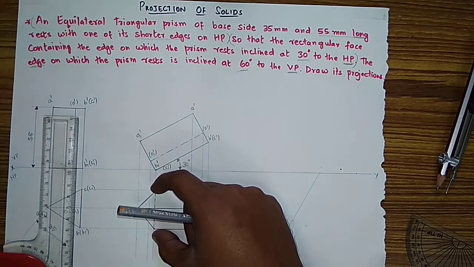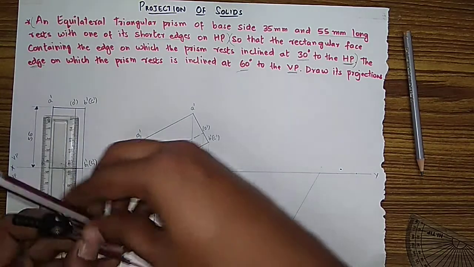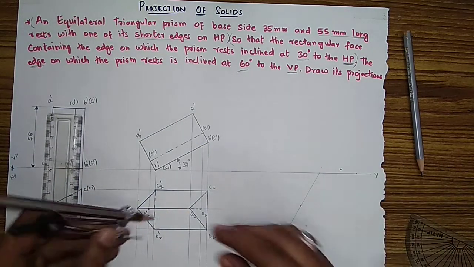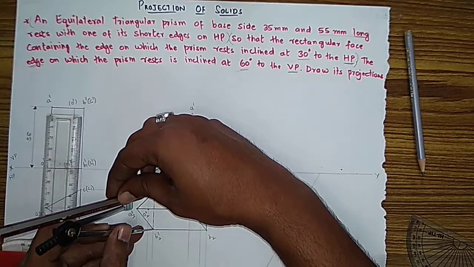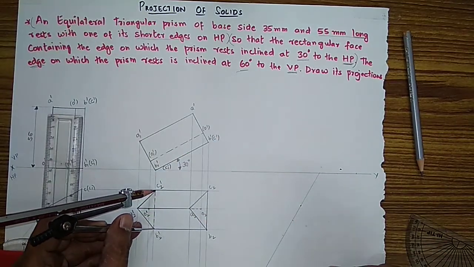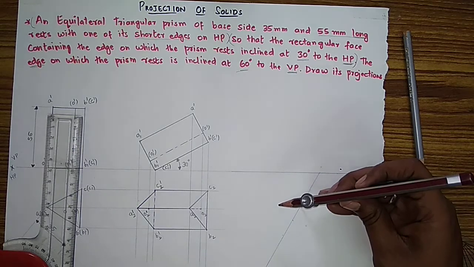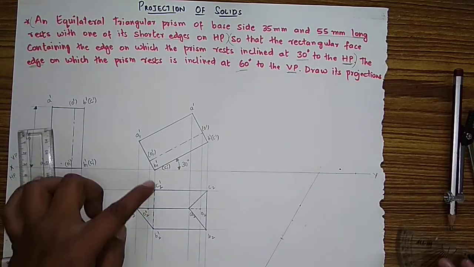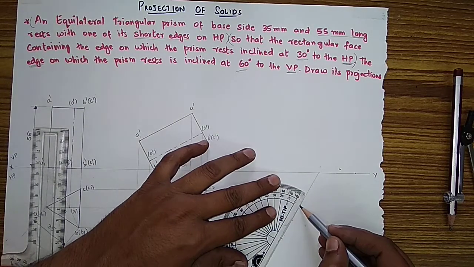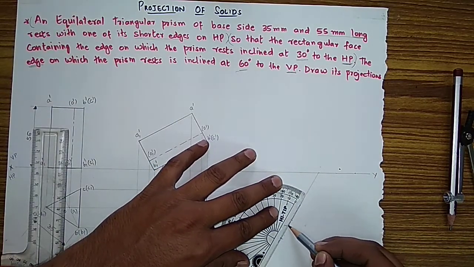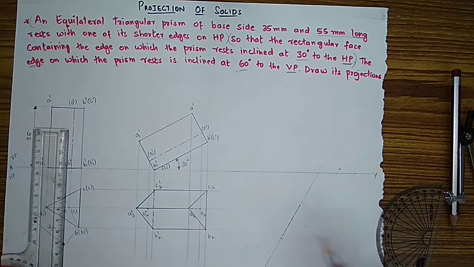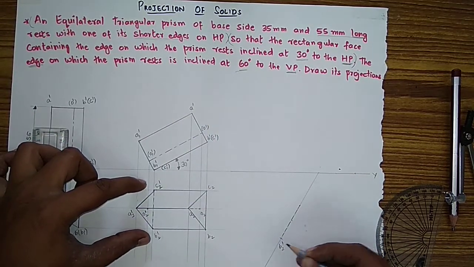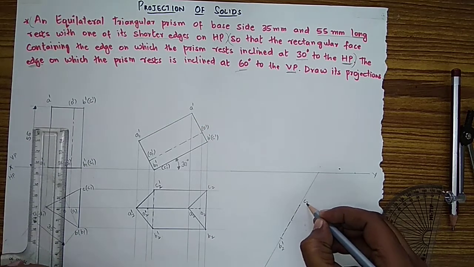So with the help of your protractor, first I will take a point here, somewhere, anywhere you can take. I will measure with the help of my divider. This B2 dash C2 dash edge, I am copying like this. Means this line is a dotted line, so I will do it dotted in a simple way first. Then this point will be B2 dash and this will be C2 dash.